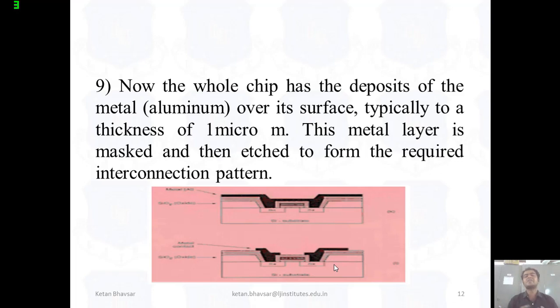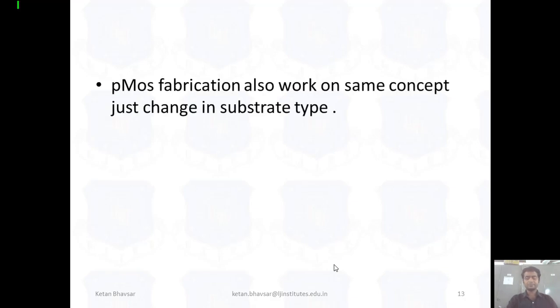Okay, and in your syllabus we are focusing only on NMOS fabrication, because they consider that PMOS has the same steps, only changing the substrate area and the doping type. Okay, so NMOS and PMOS fabrication topic is now done, and with the help of this combination of NMOS and PMOS we are designing different types of CMOS, or bulk CMOS, or we can say advanced CMOS, that we can design with the help of the combination of PMOS and NMOS.